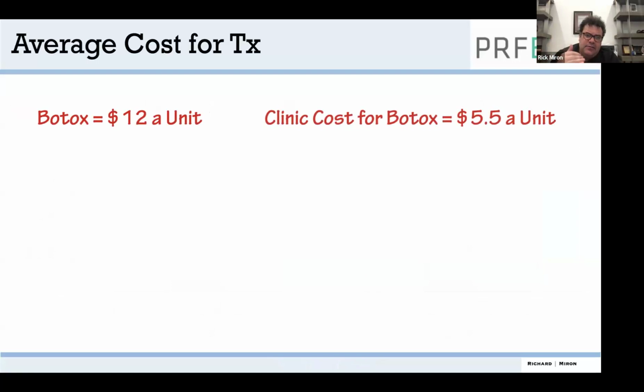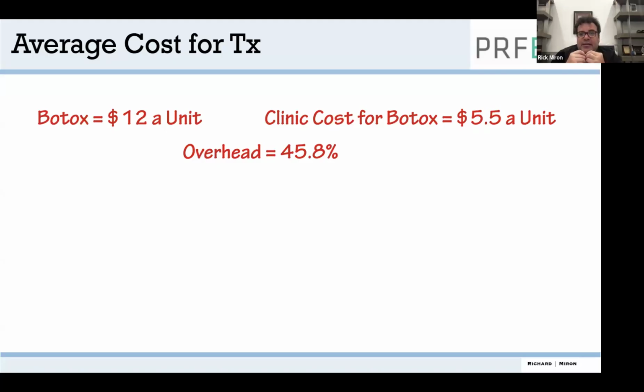And as the field has gotten more and more popular, one of the things that's been very crazy is that Botox just continues to cost more and more money. And the crazy thing is, especially me being born in Canada, a lot of Canadians can buy the same Botox I buy for $5.50 in US for like $2.50. In other parts of the world, Botox is like $1 or $1.50. And they literally have, I don't want to say ripped us off. They've done a great job. It's a multi-billion, trillion-dollar company. They just know that